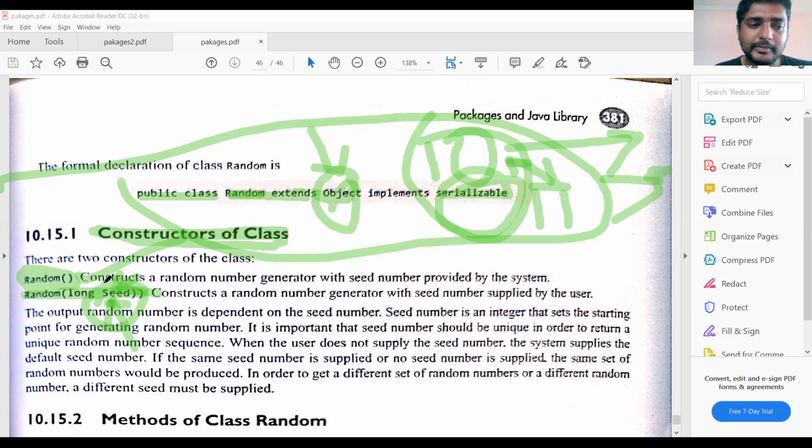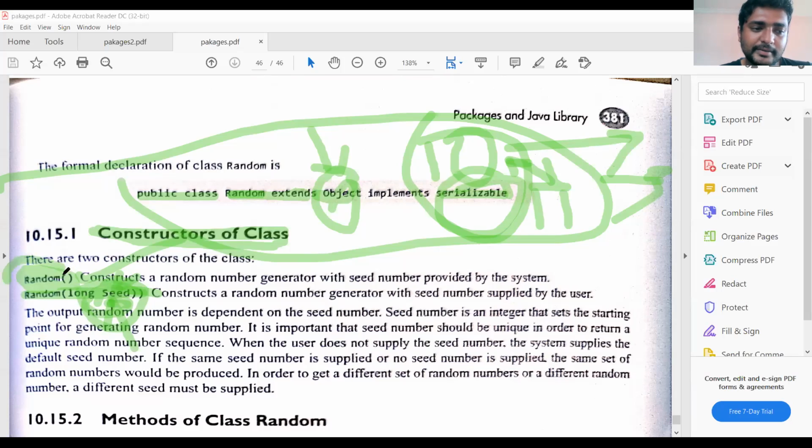So this is the seed value. If you give the seed value, the compiler executes by taking the seed value given by the programmer, or else the compiler can take its own default seed value.